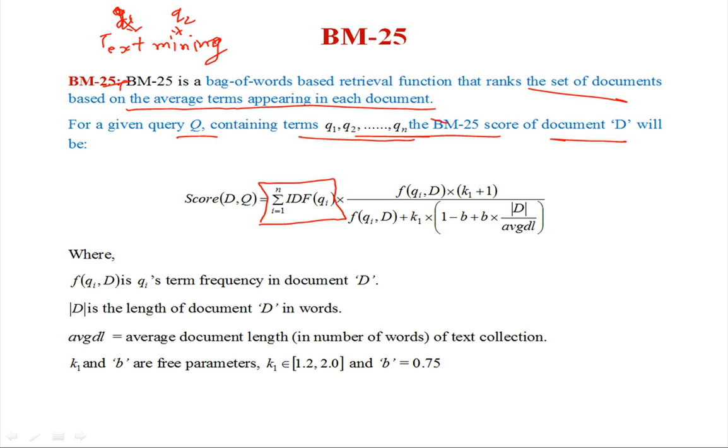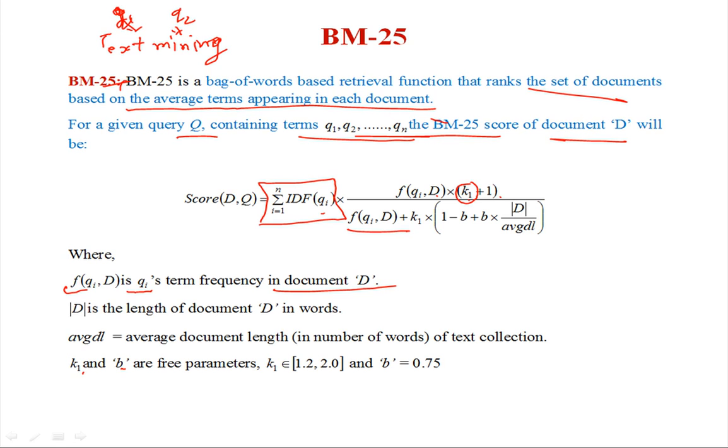First is the IDF of that query term. Instead of using term frequency, we use this f(Qi, D), which is Qi's term frequency in document D, into k1 plus 1. K1 is a constant. K1 and b are free parameters or constants, divided by